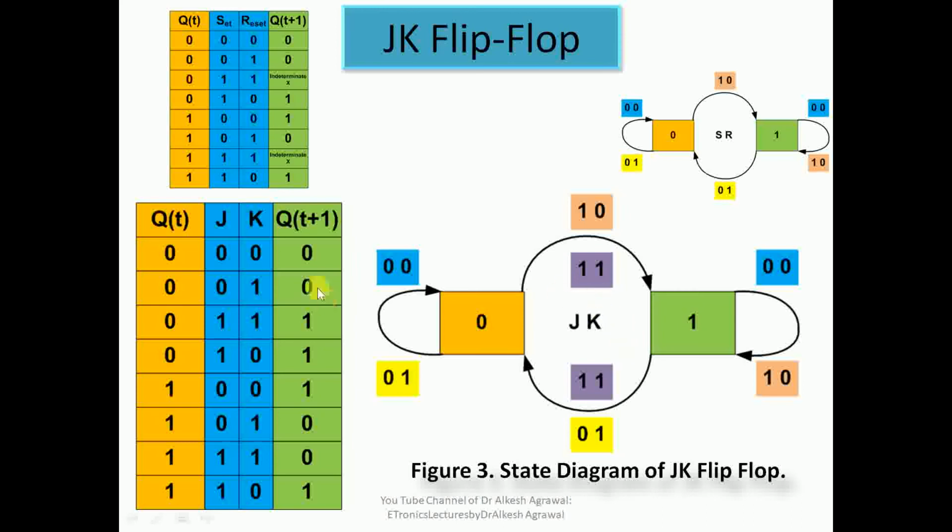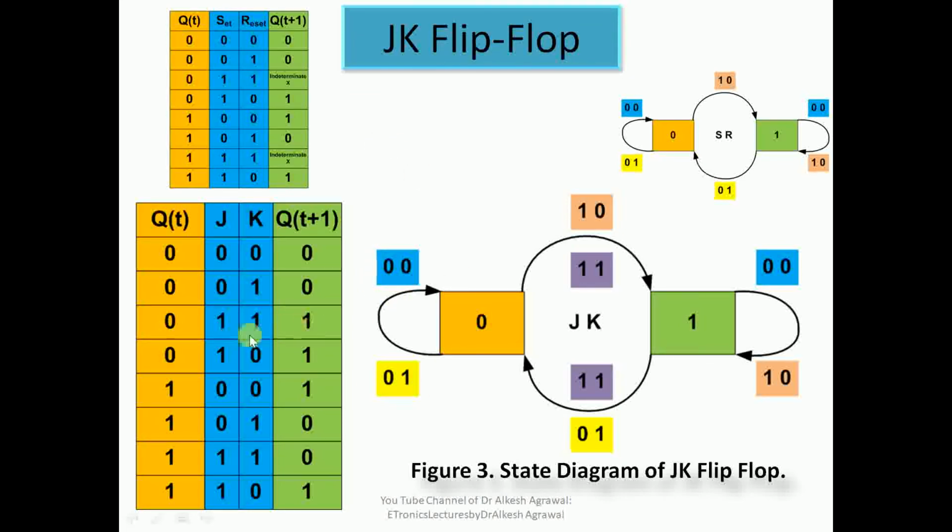So now let us discuss. You see, in the first row, when J is 0 and K is 0, the next state is the same as previous. This is a self transition. When J is 0, K is 0, your previous state is 0 and the next state is also 0. That is called self transition. Then for the second, 0 1, again the same thing: the next state is the same as the previous state, from 0 to 0. So again we have the same loop, but for two different input conditions, 0 0 and 0 1.